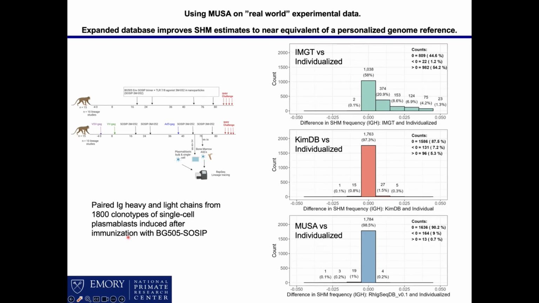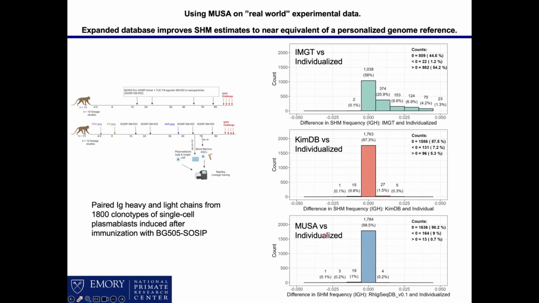Many of you probably do either 10x or plate-based single-cell RNA-seq. You will generate BCR sequences from these and then want to understand potentially how close that is to germline. And the standard essentially has been to make an individualized germline for each of the animals in your study, and that would be by usually using an inference program like IGDiscover, and that will give you probably the closest estimate.